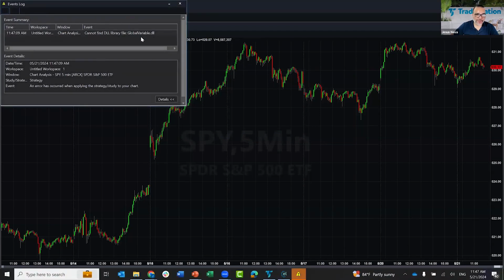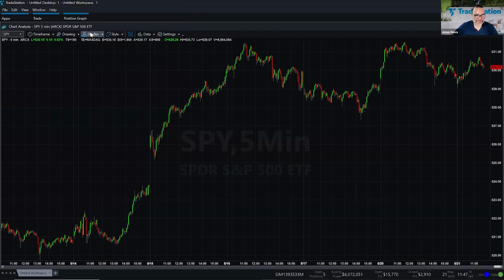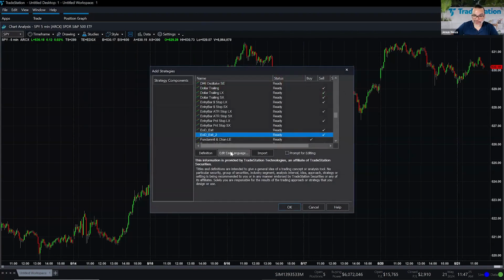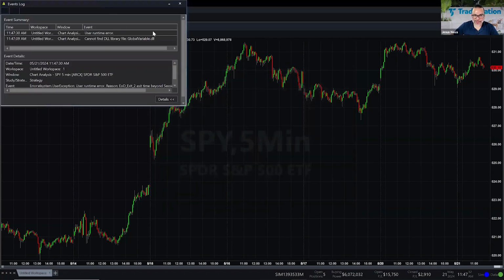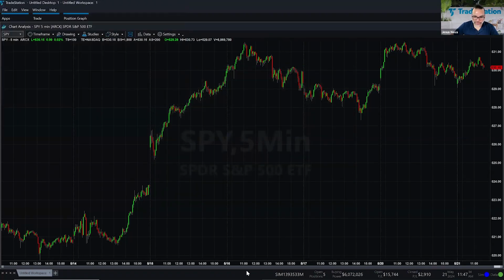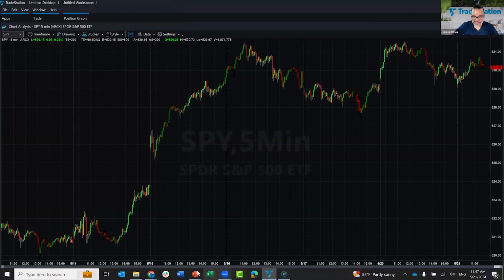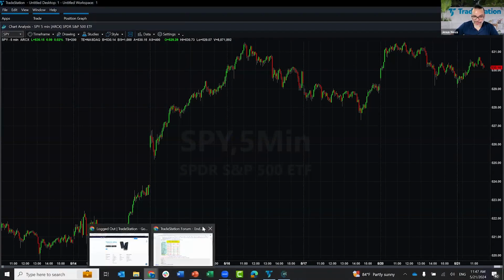So this one uses a global variable. Just a little bit more complicated than what I expected. Let me see if the other one is the one that doesn't use a global variable. Let me go to add strategy. I should have read on this particular strategy a little bit more before I used it as an example. Yeah, this one is also using a global variable. So yes, if we go back here to the post,